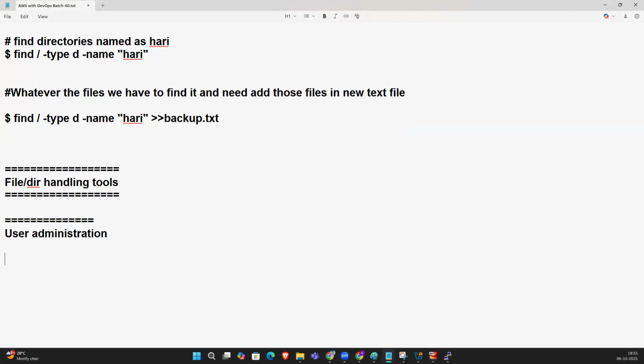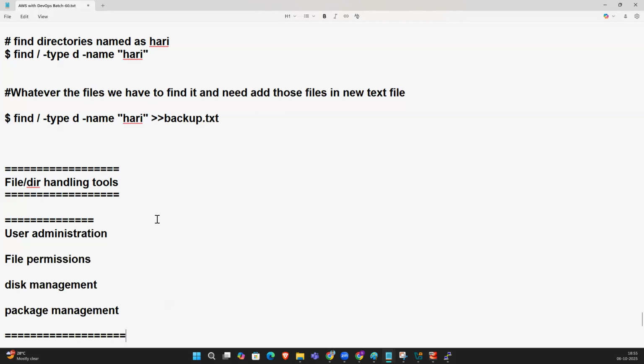Next, user administration, file formations, disk management, and package management.